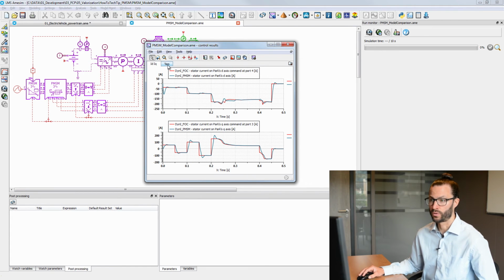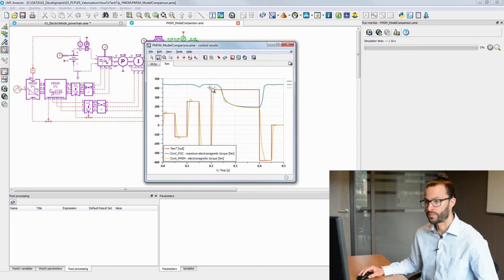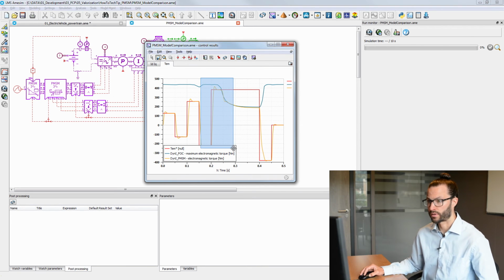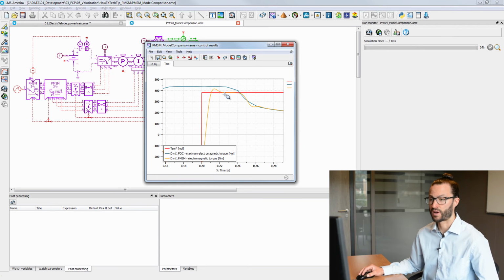We can also look at the electromagnetic torque and observe how it evolves with time and how it is regulated. So this model enables us to validate the performance of a control and eventually ensures a better system design.